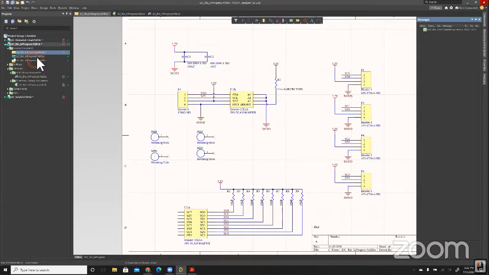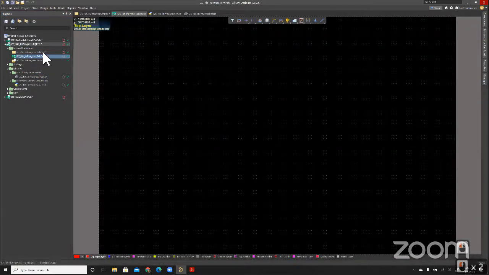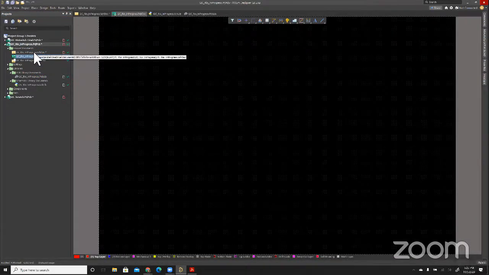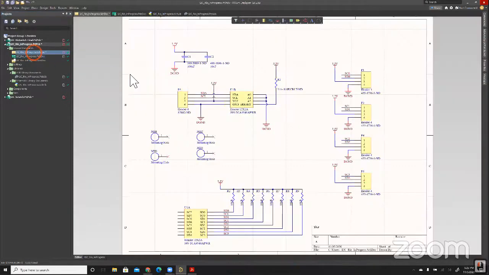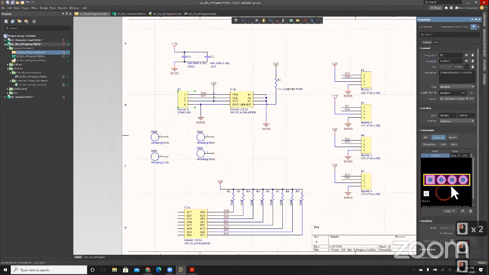And so if we look at the PCB dock, you'll see currently it's all empty. And that's because we haven't pushed the changes from the schematic into the PCB yet. And so we've got, this is the Rio side thing. It's got a footprint tied to it. If you were doing this from scratch, you sometimes would want to go and verify your footprint model and make sure that it's what you're expecting. And if you do the same for the JST one,